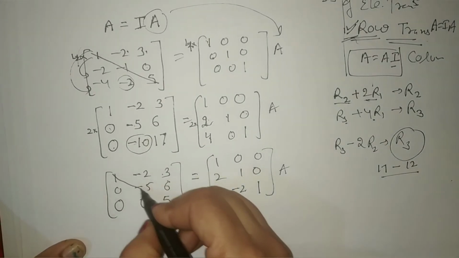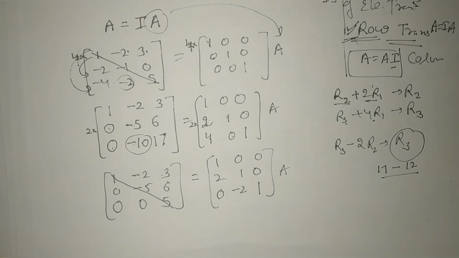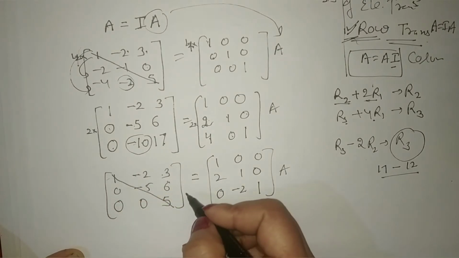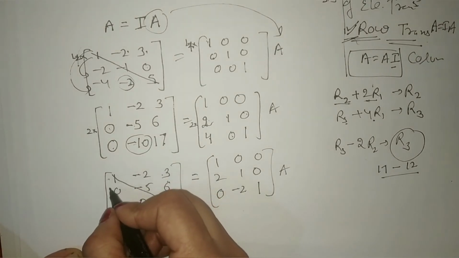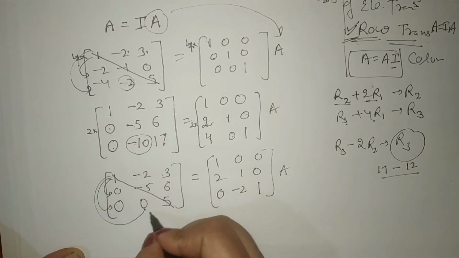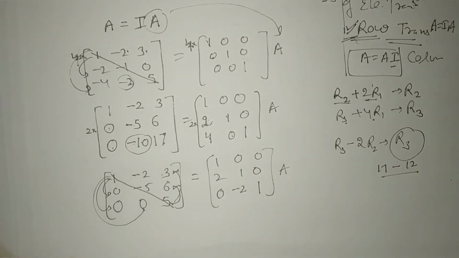You can see all the elements below the diagonal have become 0. Now, because we are going to use only row operations, you will perform this in order. This is anti-clockwise. You can say you started by making this element 0, then this, then this. Now with the help of this you can make these two elements 0, right? So you have to follow this order.